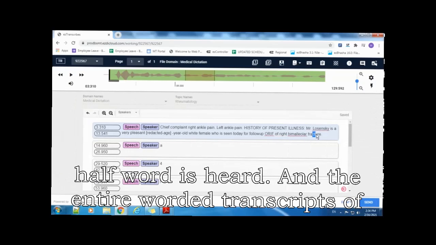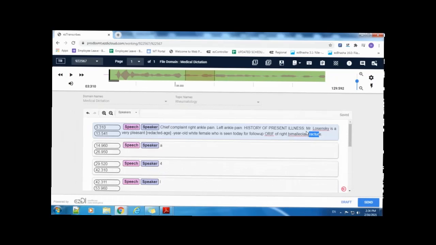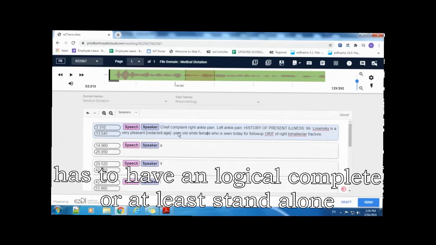You cannot have audio where a fractured half word is heard and the entire word is transcribed.